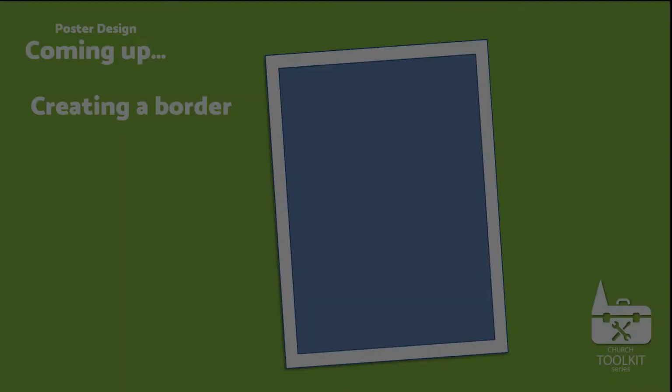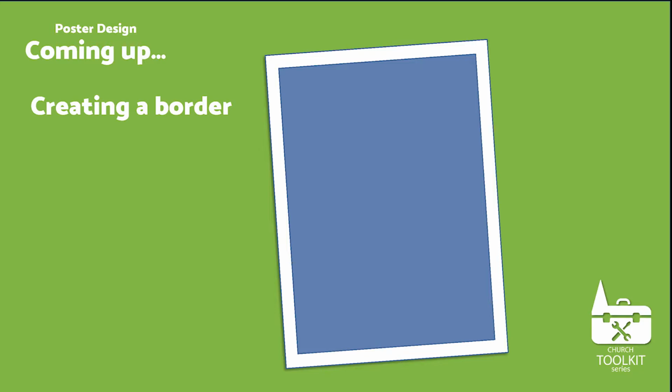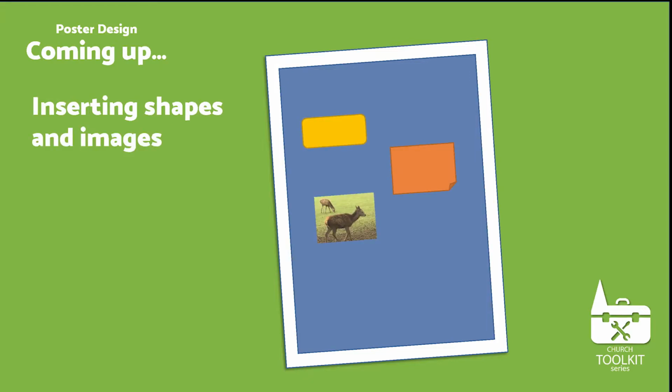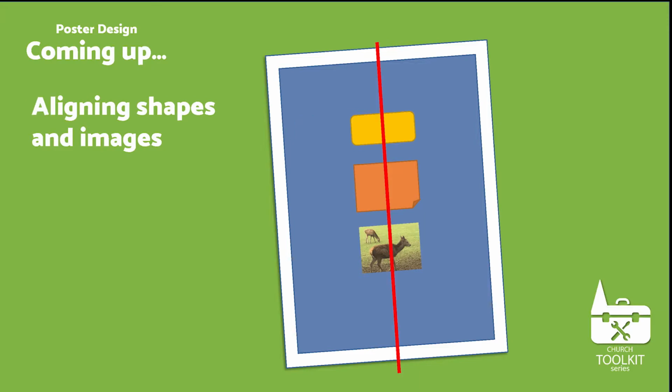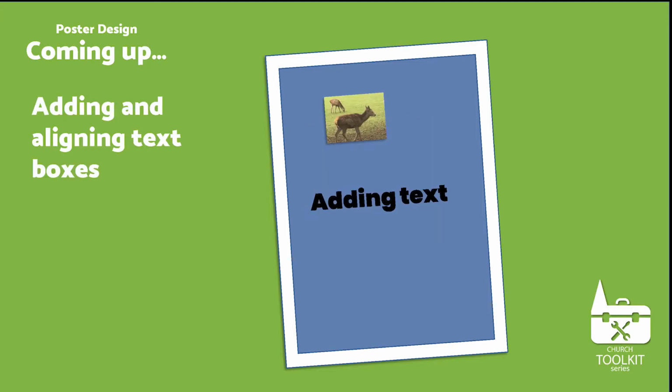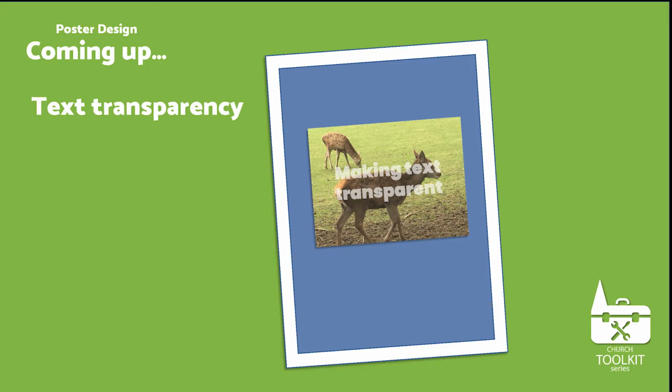What I am going to do for the purposes of this demonstration is just go through a few things that you might find helpful. So creating a border and how to get that white space all the way around, setting margins, inserting a shape or an image, and then wrapping the text around it, moving and copying shapes and images, aligning shapes and images, and sending images to the back and front and layering things over the top of each other. How to crop an image, adding text using a text box, and aligning text, making text transparent, or at least